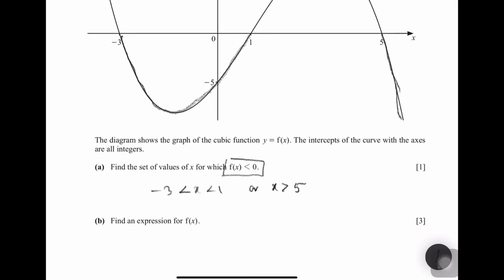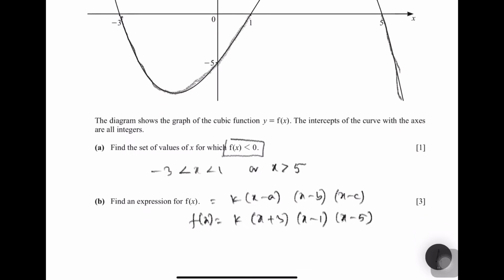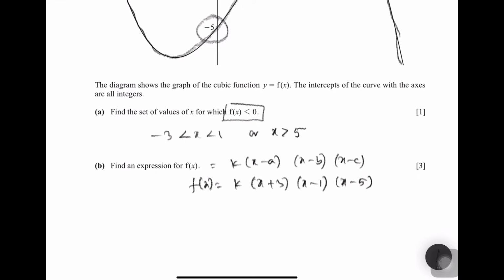Now let me solve the question. Part (b): find an expression for f(x). We know that the general equation for f(x) is k(x - a)(x - b)(x - c). So we can easily replace the roots by -3, 1, and 5. So f(x) will be k(x + 3)(x - 1)(x - 5). Now since the graph is meeting at